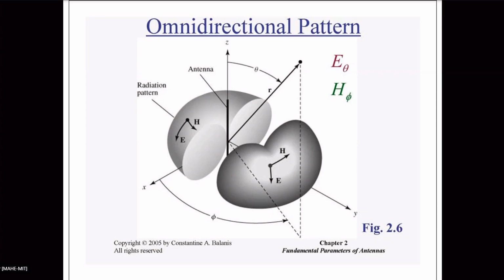The region within radius R1 is called the reactive near field region. Between R1 and R2, whatever region you find, that is called the radiating near field or Fresnel region, and beyond R2 it is the far field region or Fraunhofer region. So you got an idea what is meant by far field now. What is D? D is the largest dimension of the antenna. This is a rough indication.